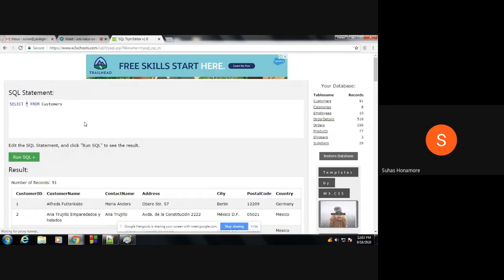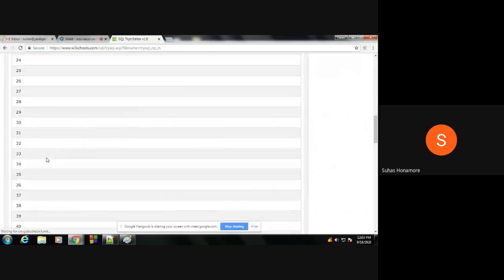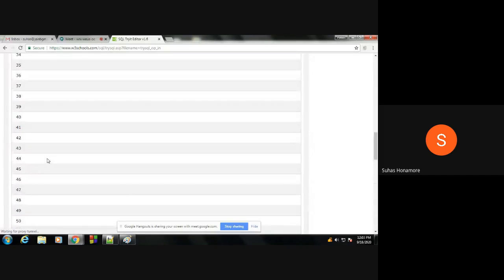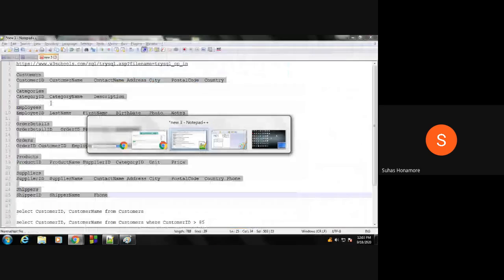For example, I want to get the customer ID only. I will execute what I require, and you will get that corresponding column, only one column. Suppose you want two columns. Here I have all the column names.